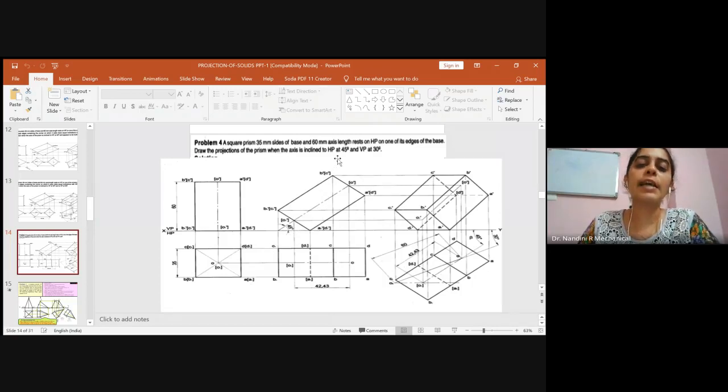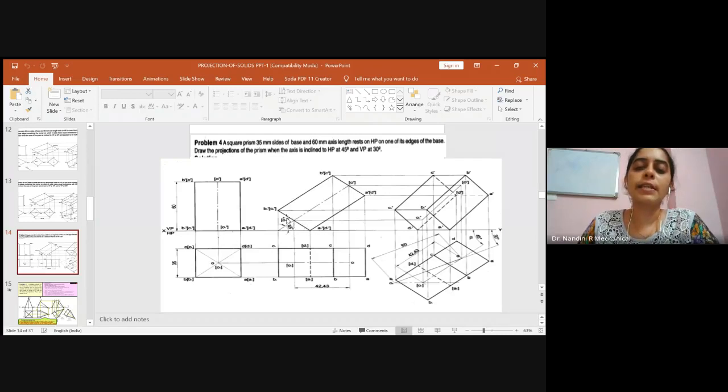In this case, HP is 45. So please draw the axis and shift the front view to the inclined angle. For that, you should measure this distance, how much it is. Keep one end of the compass, measure using the compass and start moving the compass on this 45-degree line until that distance matches exactly on XY line. So at that particular point, cut the arc, you will get this half portion of the base.